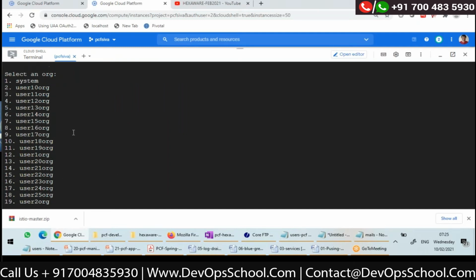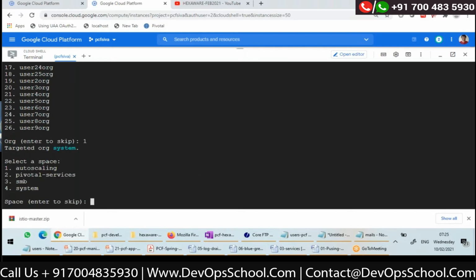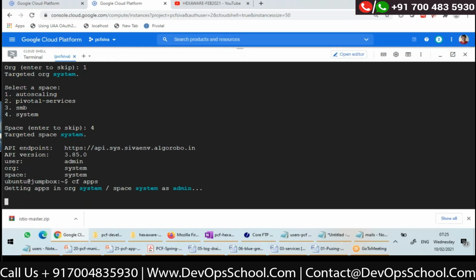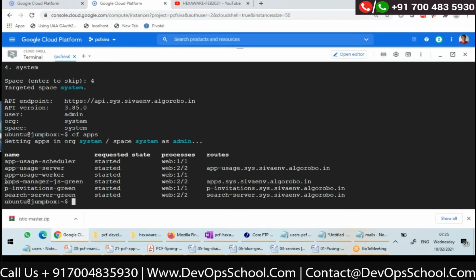Yeah. See, once I'm logging in, these are the organizations available. Once I log in as admin, I'll log into the system organization. In the system organization, if you see, there are multiple spaces. There is a system space. So I'm logged in as admin to the system org and system space. These are automatically created. Now if I say cf apps, you can see that there is one apps manager JS